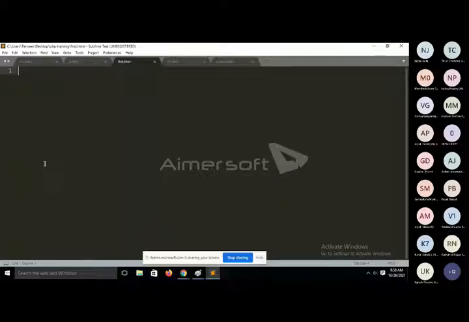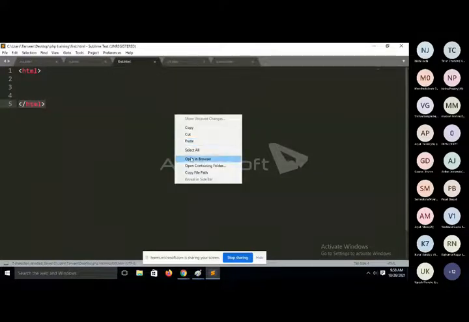So from where will the browser start execution? The browser will start execution of the program from the beginning of the HTML tag, and it will continuously read your program line by line up to the closing of the HTML tag. So each and every HTML program should be written from the opening of the HTML tag, and we will end our program with the help of the closing of the HTML tag. Each and every web page, each and every web page.